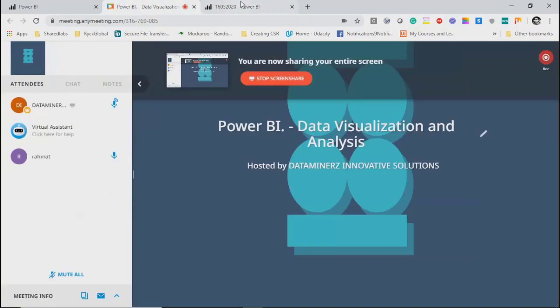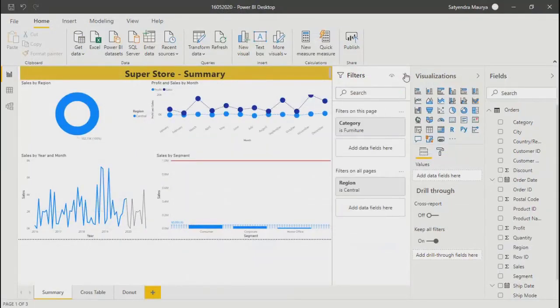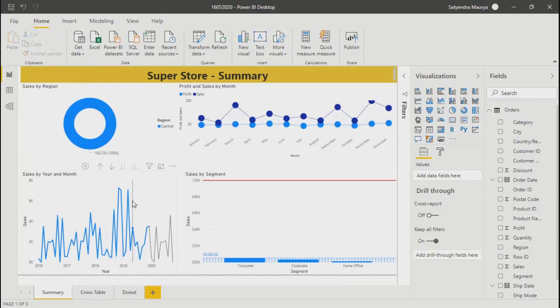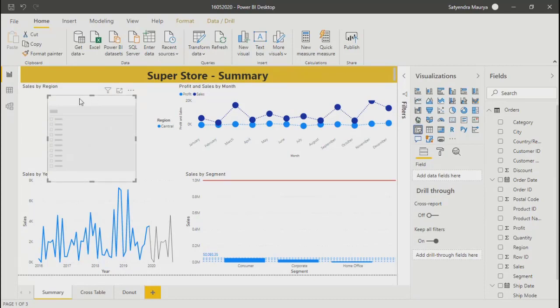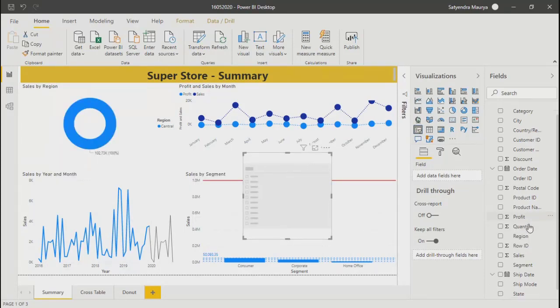Now let's go back to Power BI desktop and play with slicers. For the slicer, let's drag a slicer here first of all. Okay, it's here now. On this slicer, let's add region.